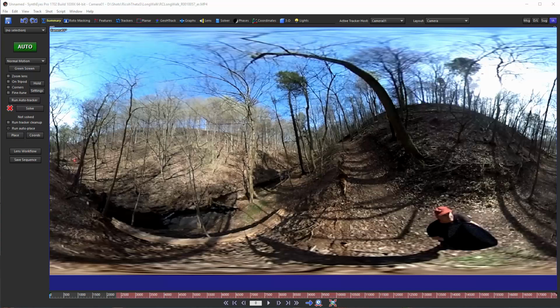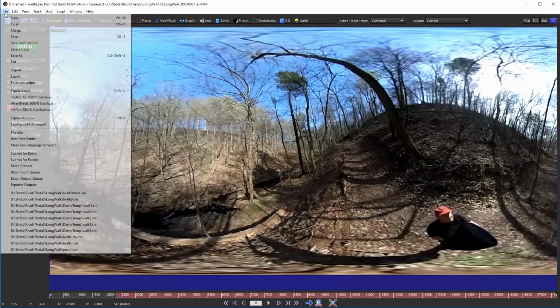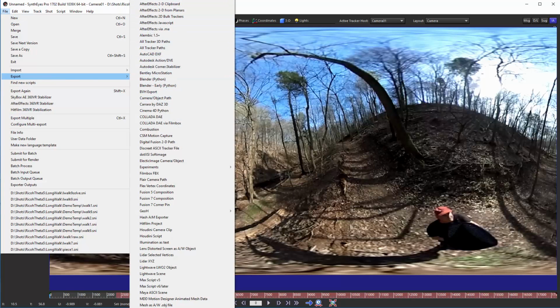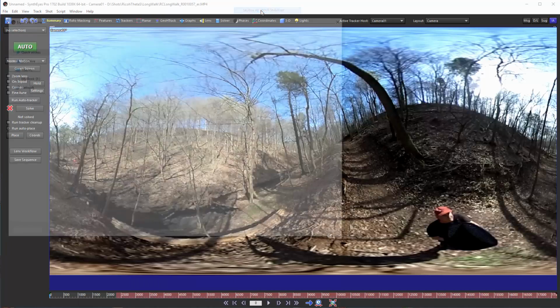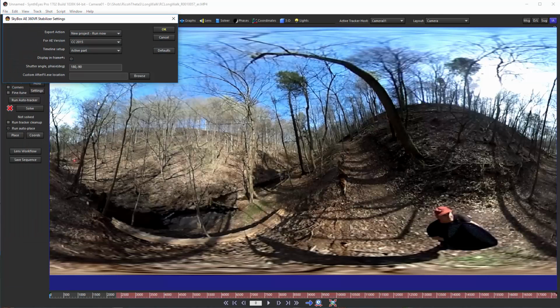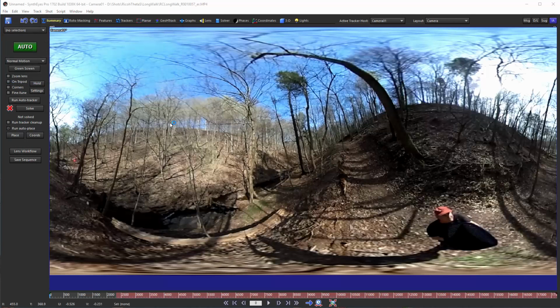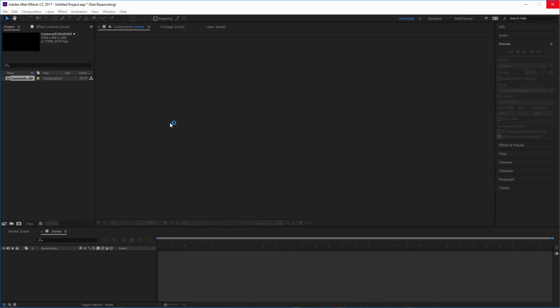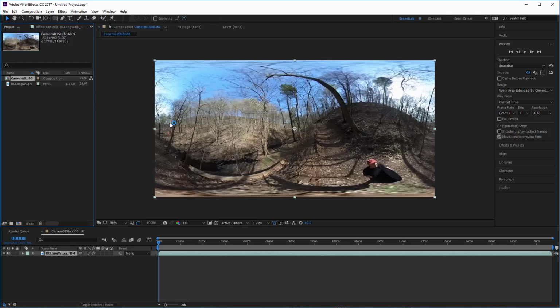Let's go export the data to SkyBox. So we'll select File, Export, and 360 VR. We'll select that SkyBox option, and we'll just export a JavaScript file, and this is going to get read directly by AfterEffects. We've got the option set up for AfterEffects to just run it immediately. So AfterEffects was sitting in the background doing nothing, just at the new project level, and now it's brought in that stabilization data,